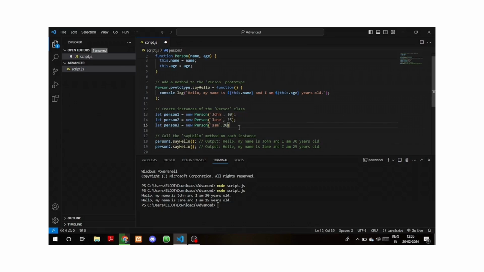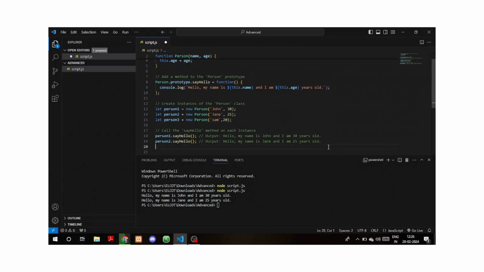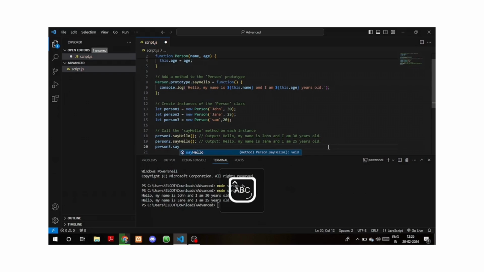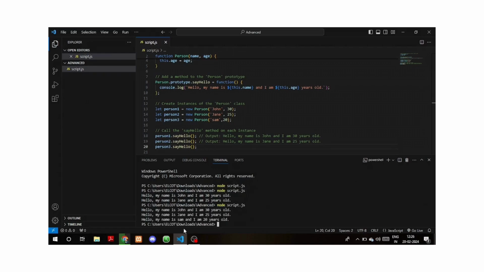So now I also call the function, that is person3.sayHello. So now you can see, hello, my name is Sam and I am 20 years old. This text will be added dynamically at runtime. So